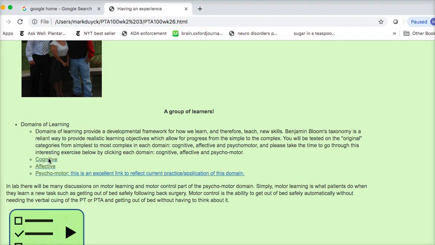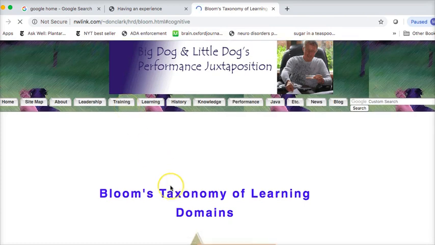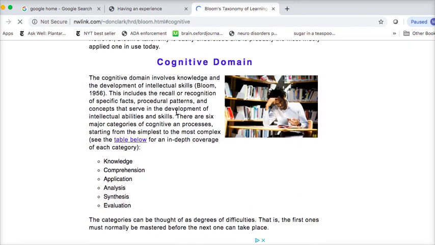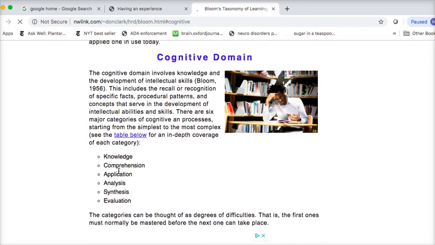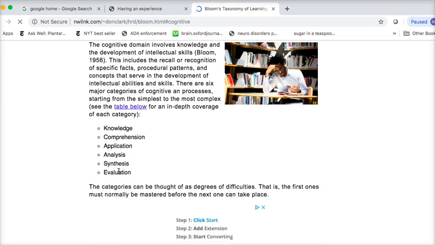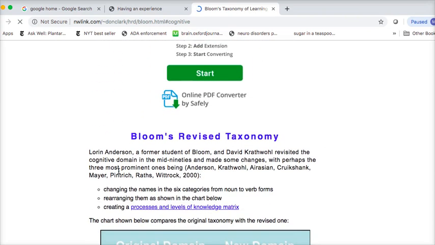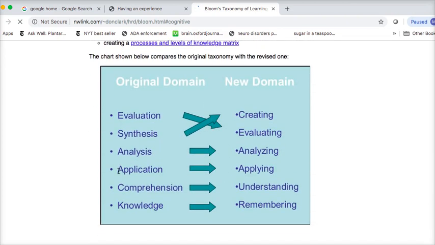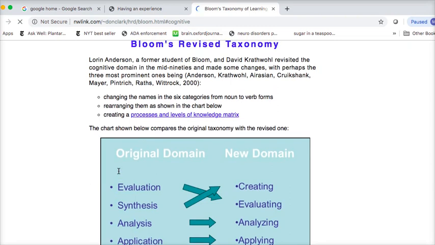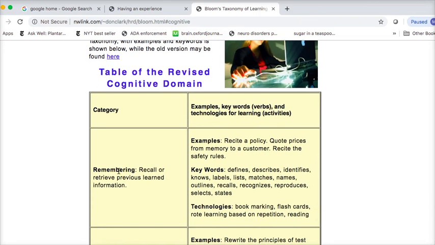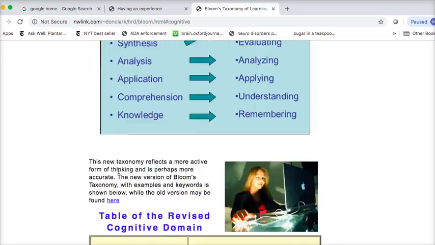So for example, if we're going to pull up the cognitive, the simplest would be knowledge. And then after that is comprehension, and application, and analysis, synthesis, and evaluation. So what does that mean? All right. So you can see that in these original domains, and in the revised domains, it really, I think, has some really good